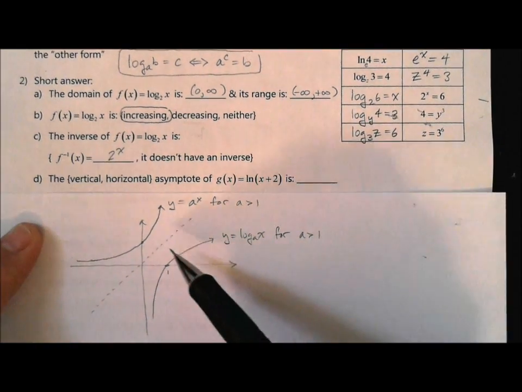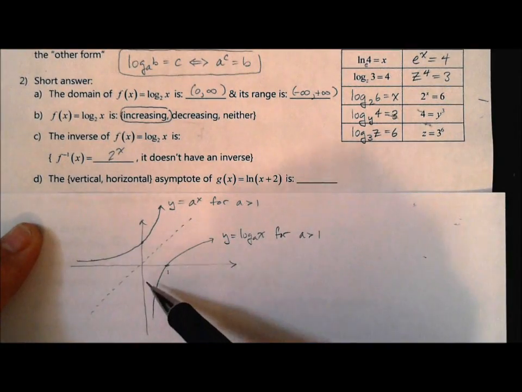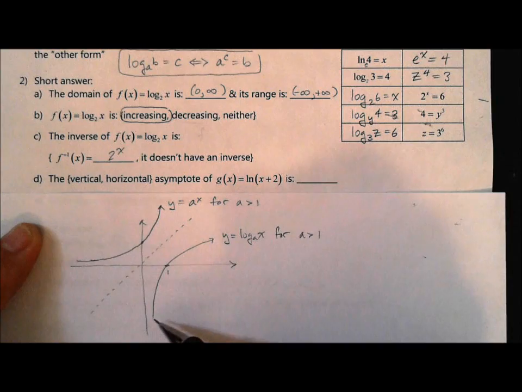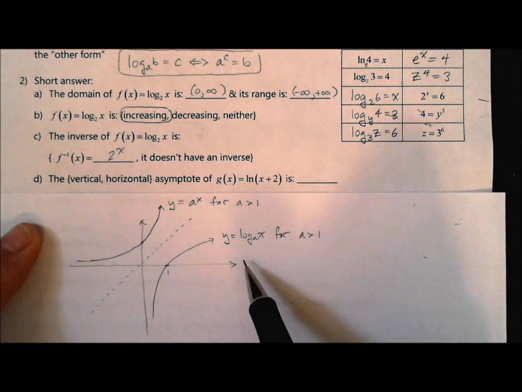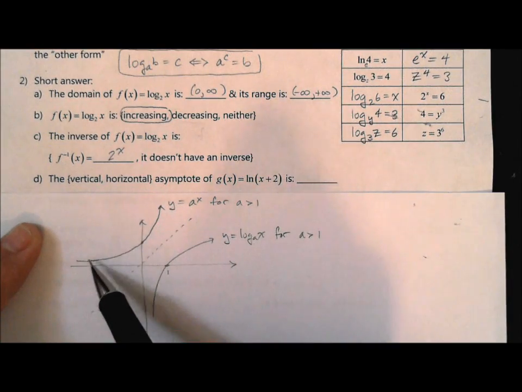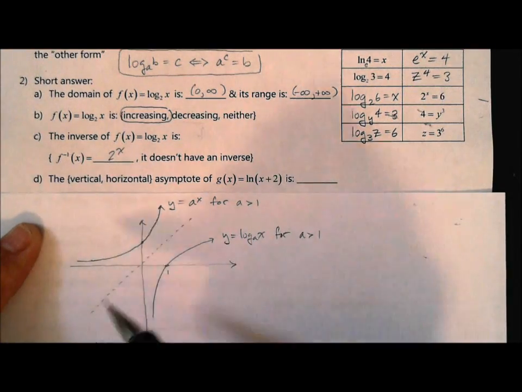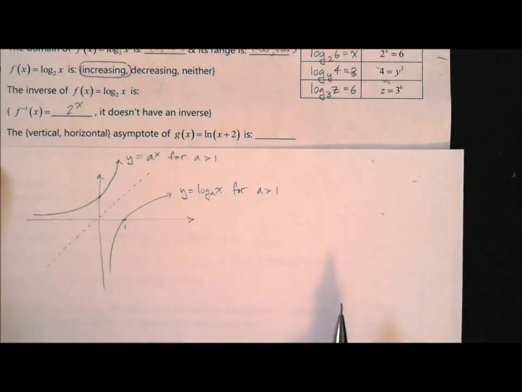For example, the y-axis is a vertical asymptote for this logarithm, because as we travel away from the origin, we see the distance between the curve and the line goes to 0. The x-axis, which has the equation y equals 0, is a horizontal asymptote for this graph. As we travel away from the origin, the distance between the two goes to 0. And again, remember, you can cross an asymptote,